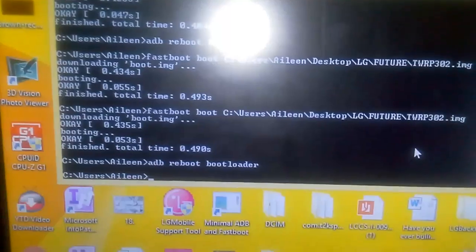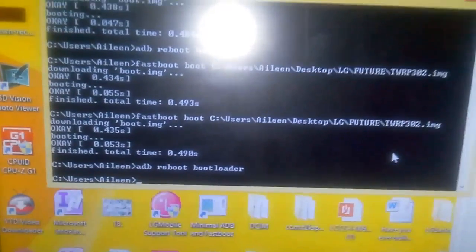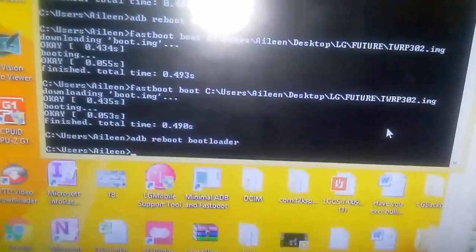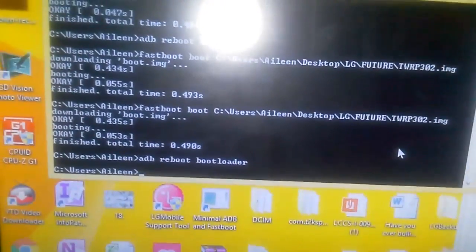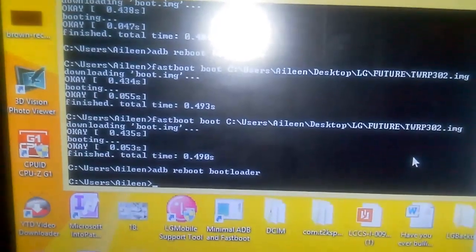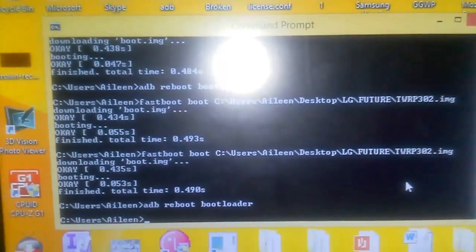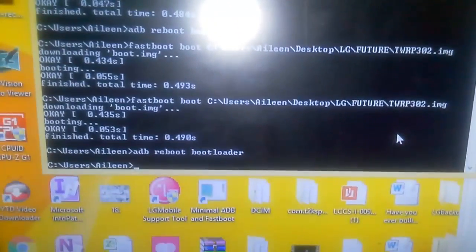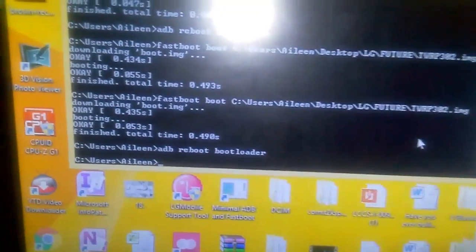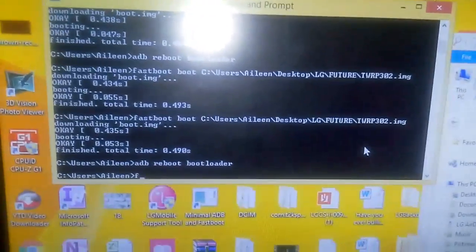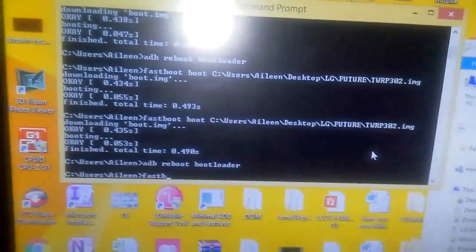So first is of course to set up your phone and allow USB debugging and OEM unlock in the developer options. Now enter the command prompt and type adb reboot bootloader to boot your phone into fastboot. Next is to type fastboot flash boot, and now